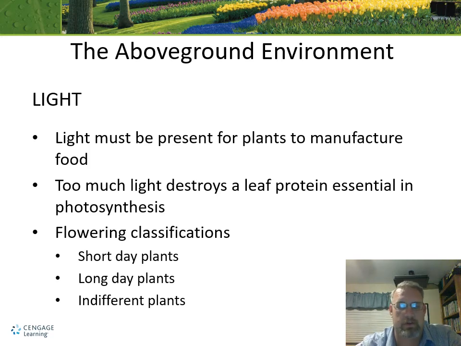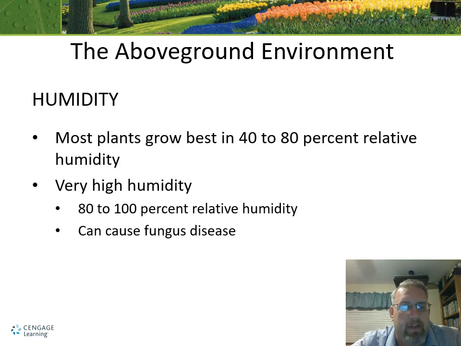Different times of the year, excuse me. And then humidity. So most plants like a lot of humidity, between 40 and 80. Unfortunately, here in California, we typically have between 10 and 40. So we don't have ideal humidity, but one thing we do have that high humidity can bring is